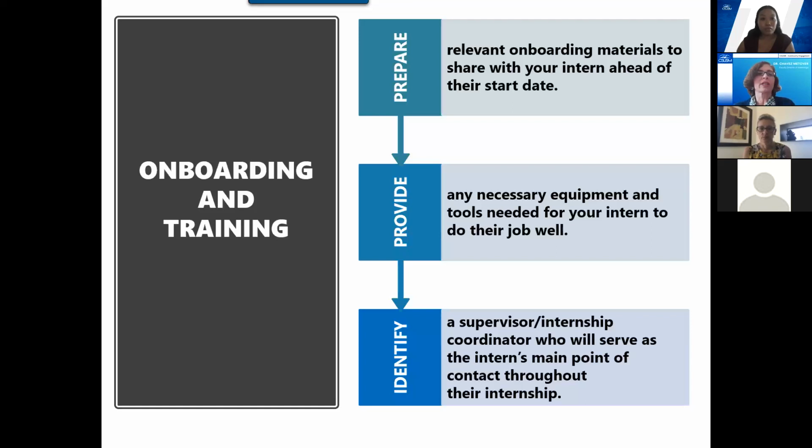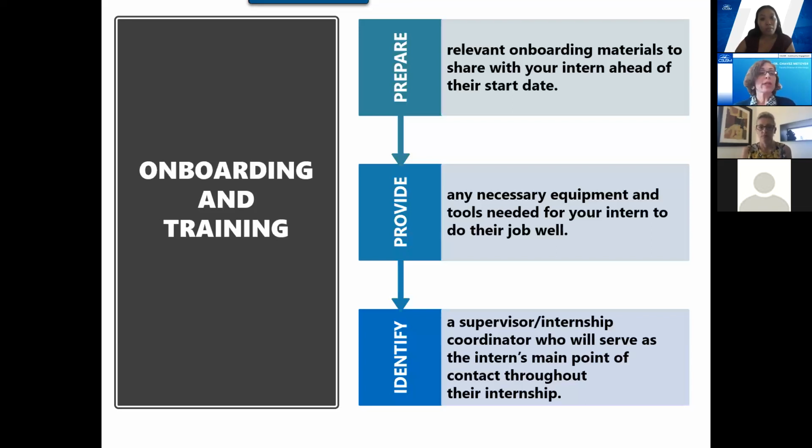What's the project that you want them to do? Make sure that you're providing them with meaningful work that's going to benefit them, teach them about your profession, as well as benefit your organization, so that it's valuable for both of you. And then clear standards for evaluating their work. So that's fair. I'll talk more about feedback, but that's super important.